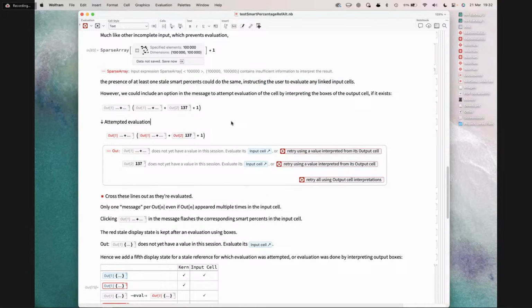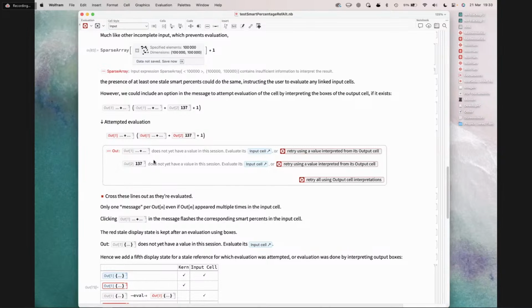This is the idea of how we might do this. This is not a concrete proposal, but this would be the idea. You have this state where I've got two duplicated instances of this percent blob, and I've got another one here, and then I attempt evaluation, and we redden the kernel part. We prevent evaluation, and we throw this rich message, I guess, and it lists out all of the unique,